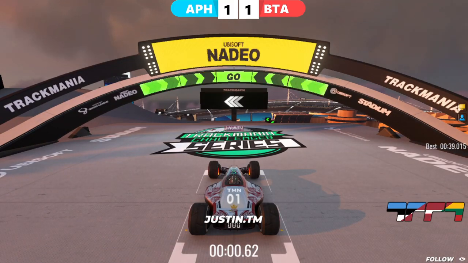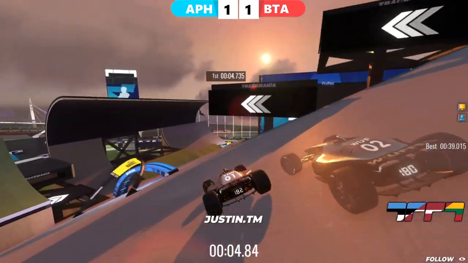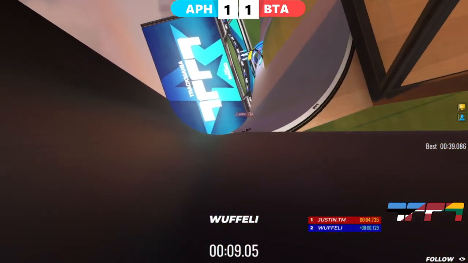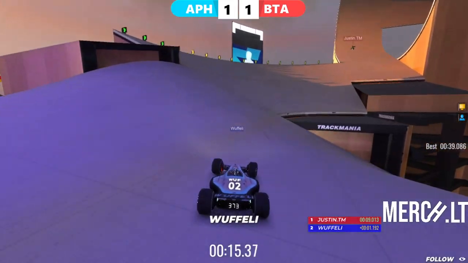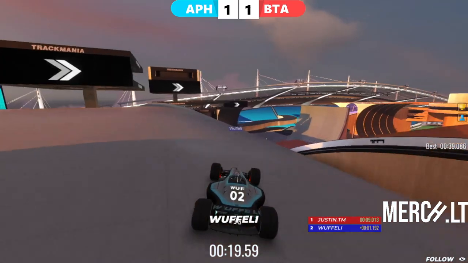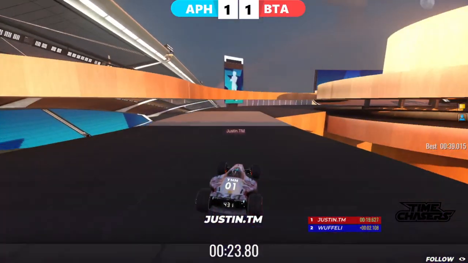Small upper hand already for Team Beta, but it's still pretty close, and we have seen that the rounds are also pretty close. And yes, speaking of close rounds, we see that Wuffeli does crash and gives a pretty big handicap to Justin, with over 1 second time difference. And since Justin already has built up quite a bit of speed, that's already 2 seconds. But